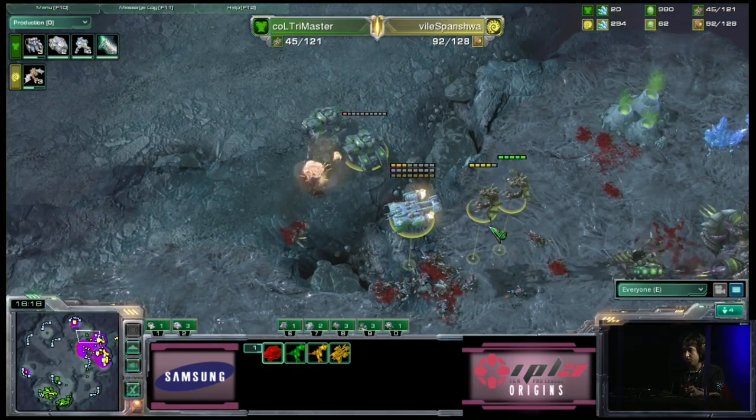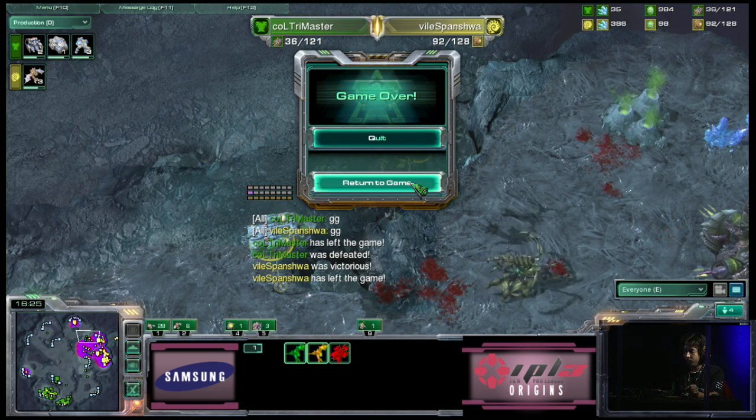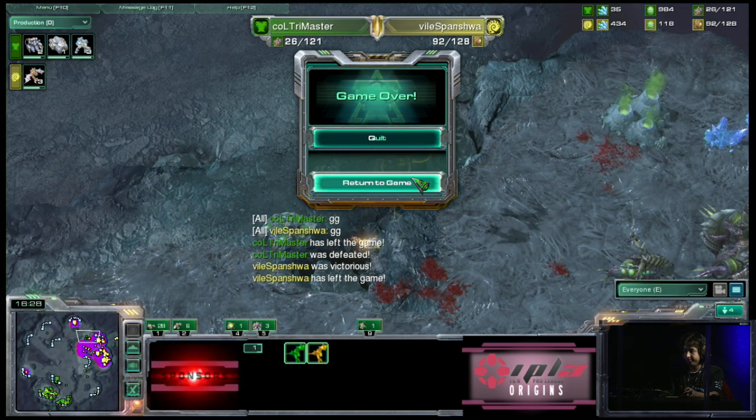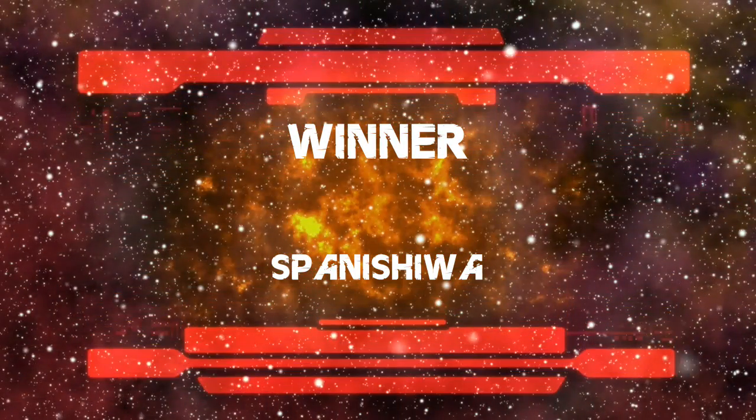Trimaster forgot to put his depot up. He let all the Zerglings into his main, and he loses. What a comeback from Spanishiwa right there. Oh man, Trimaster must be kicking himself over that. Well, Trimaster certainly had a slight edge